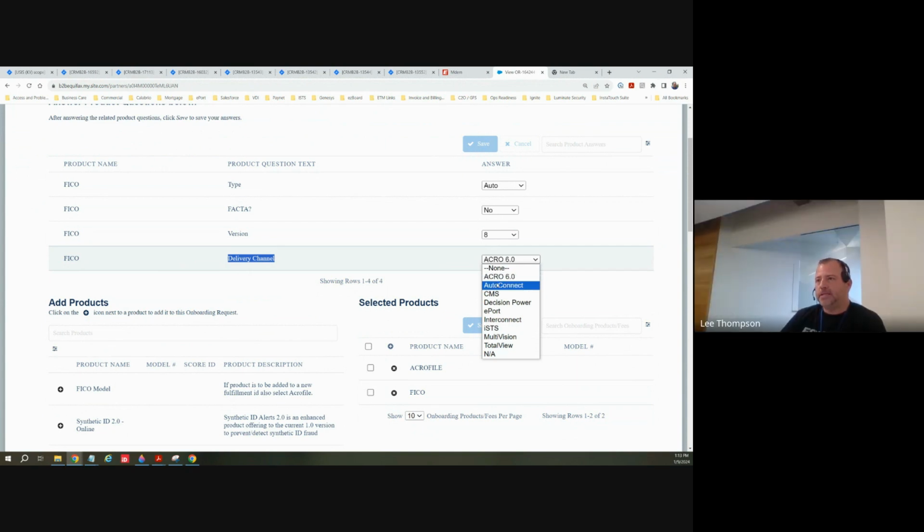Sure. So most of these delivery channels here are either going to be a direct connect with Equifax that we already have, and then there's also some that are using a totally separate third-party platform that we have identified as a specific platform, Interconnect being one of those, Decision Power being another one, our credit marketing services being another. For the sake of what you just explained, Daryl, if all of your customers are going to be like that setup, either one of those setups, you're probably going to choose Total View. Total View is